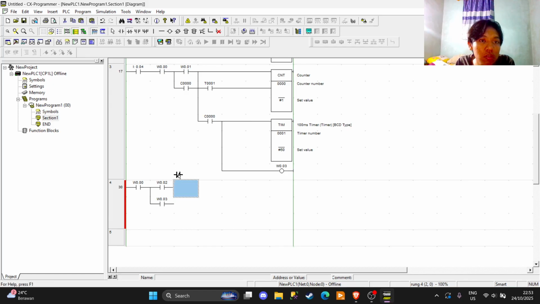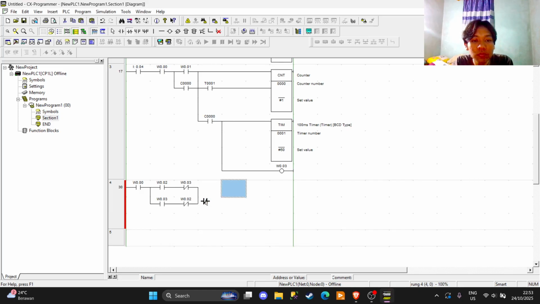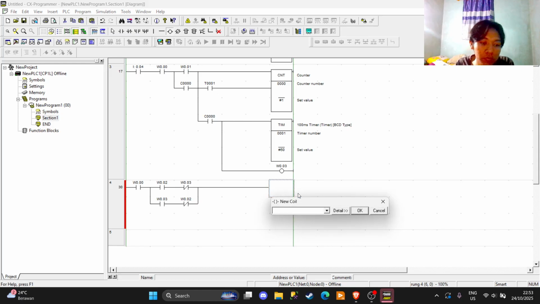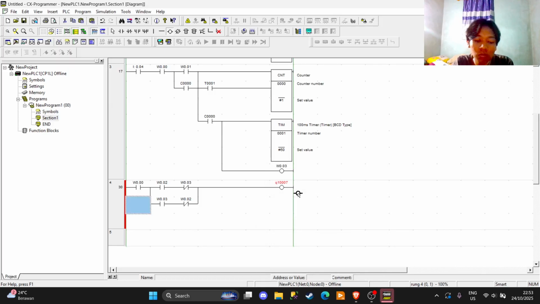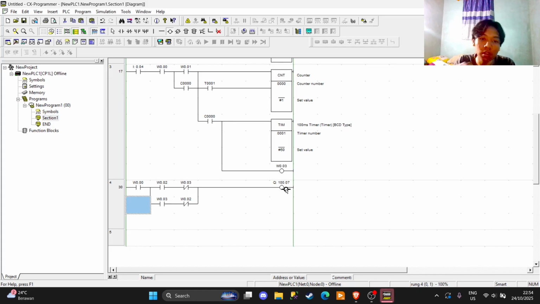Then the number equals W003, the timer, and the output is Q. This is the output from the thing.